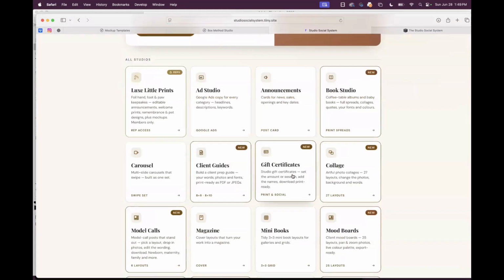Is there a megabyte limit for images that you're pulling into any of these posts? Yes, but it's very large, so you shouldn't have any problem. I'm pulling in very large files. All programs have limits, but I have not had any issues so far, so you should not. If you do, let me know.